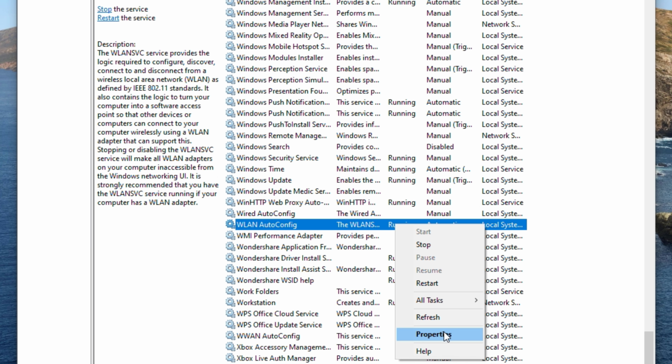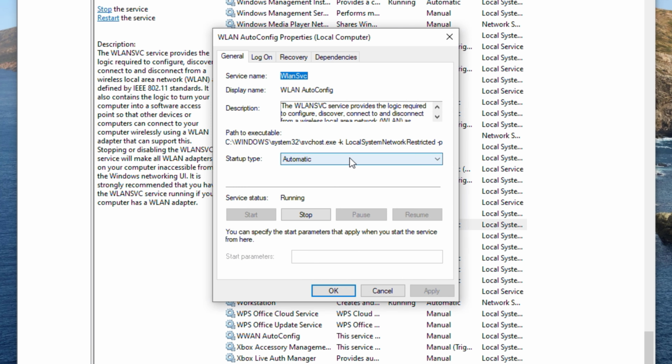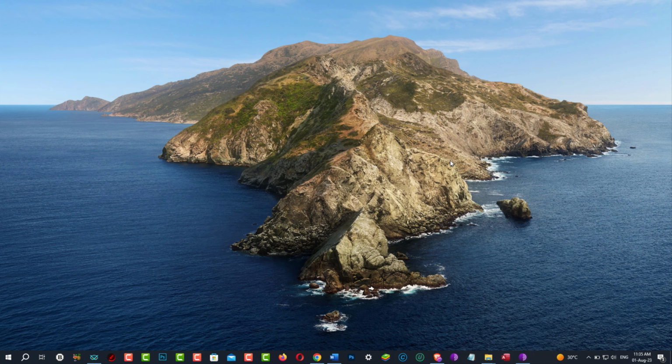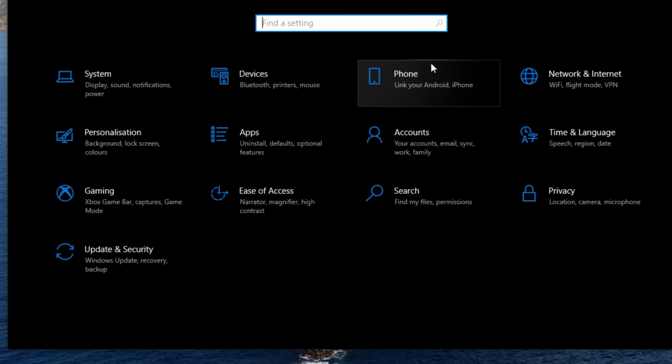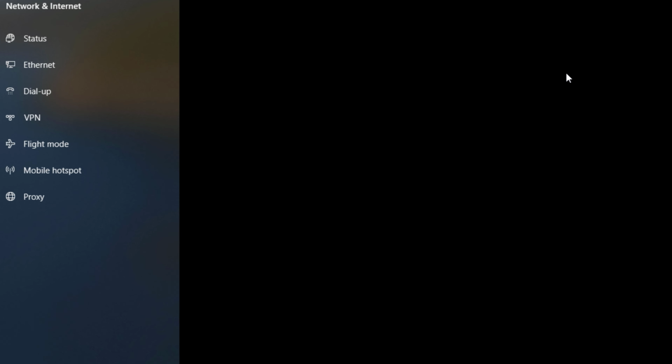Go to Properties, and from there, you will see an option to start it from here as well, and make sure the Startup type is set to Automatic and then hit Apply. You must restart Windows 10 for this to take effect. If you followed these steps, but the WLAN AutoConfig service was already running, then you have to follow this next method. For this, go to Start, and open Settings, and go to Network and Internet, and then go to